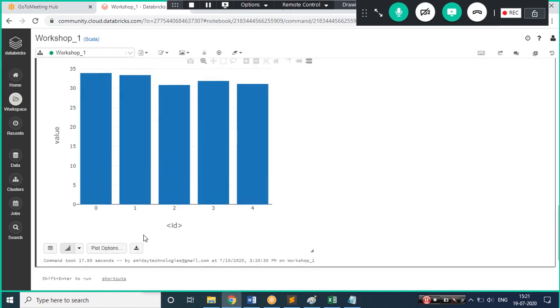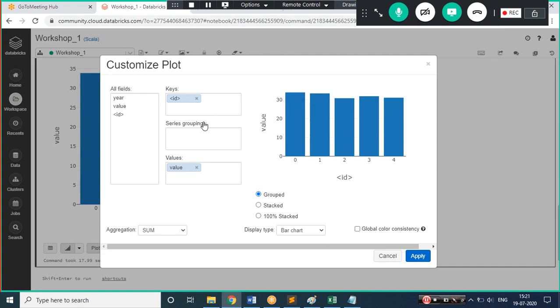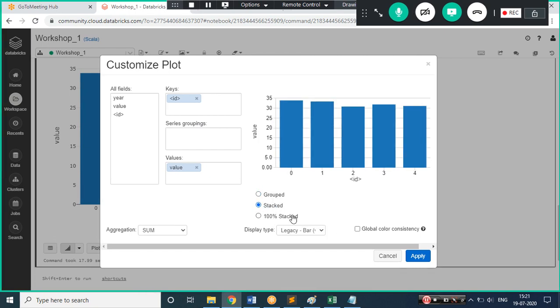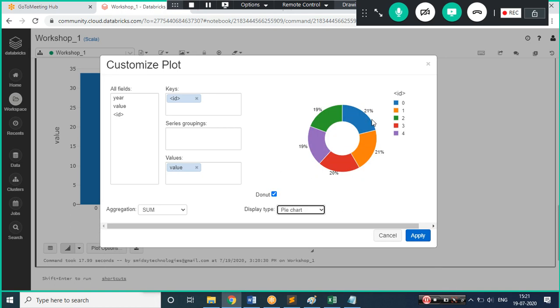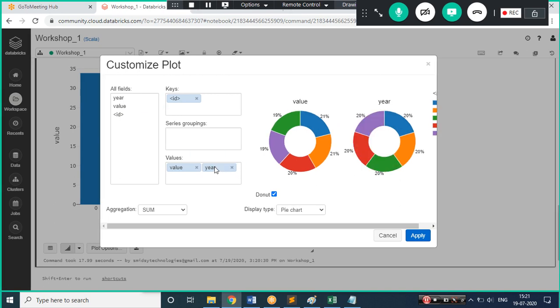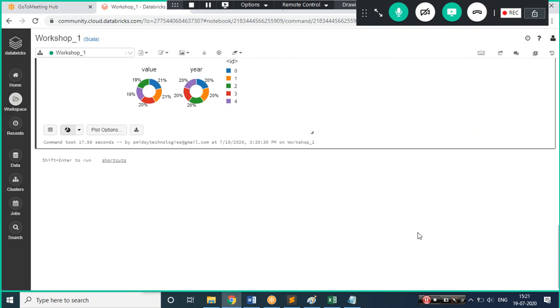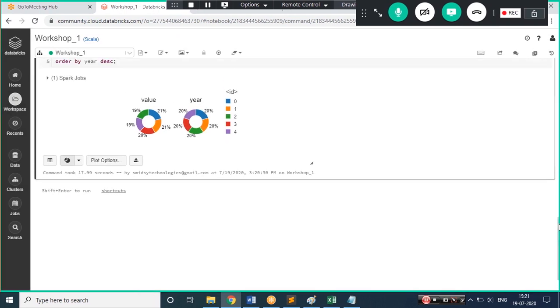Now, if you want to represent this in a particular chart mode, here comes your beautiful presentations. What you can do is up to you. Whatever plot options you want to make, like ID and values, if you want to change the charts, you can use the legacy chart options. You can stack them if it is not changing. So let's go with a pie chart. It will show you the percentages of inequality indexes for that particular year. If I want to specify the year, I can do that also. On the basis of year, this is the value, and so on. It just depends how you play with the data.